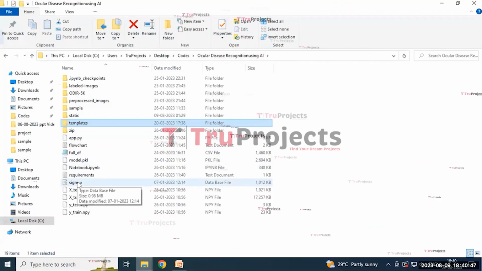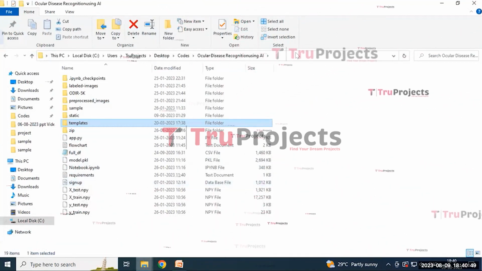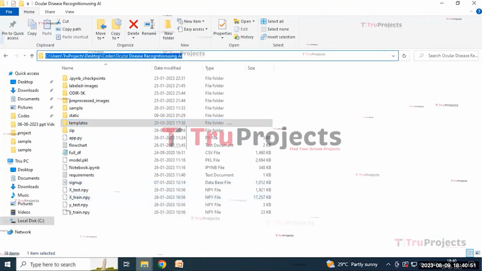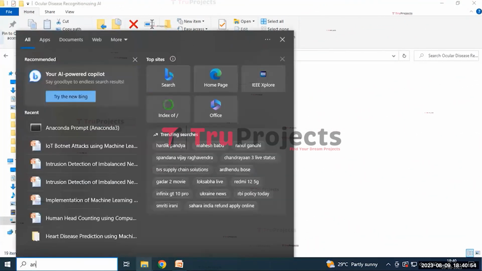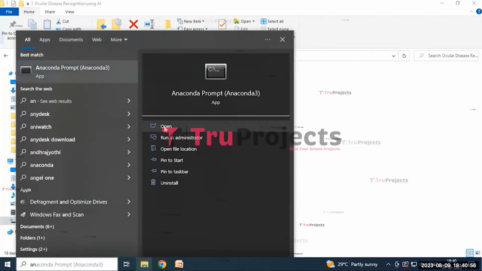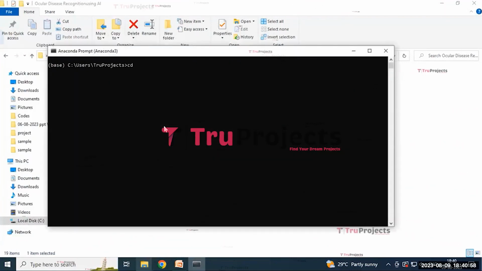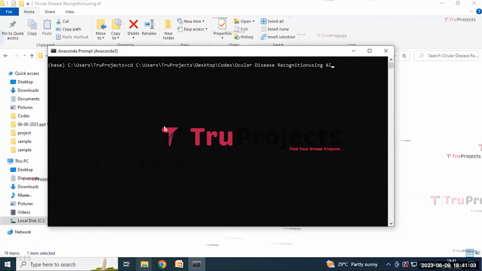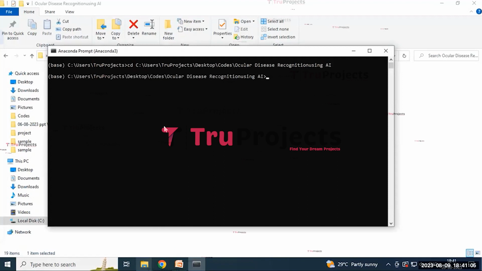And for the execution of the project, first we need to copy this code folder path and then open the Anaconda prompt. Here we need to write a command, that is cd space and paste this code folder path. By this, it will change the current directory to the code folder path. Here we need to write a command, that is python space app.py. By using this command, it will execute the Python script and perform the runtime check for any syntax errors or logical issues. And then click on the enter button.